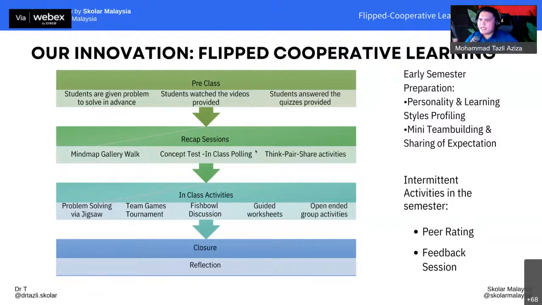For example, after they have gone through the material, give them the Canva link, and then they can collaborate and come out with a mind map together from there. That is also another practice. Or you can just use Mentimeter for quizzes, for example. So this is the recap session that we could do just to refresh whatever they have gone through